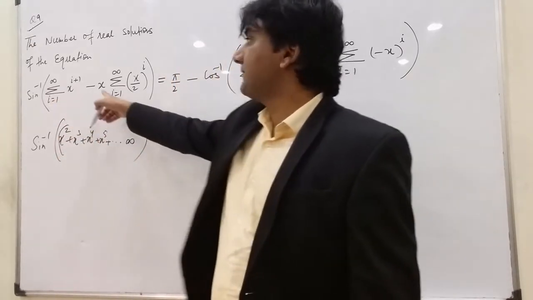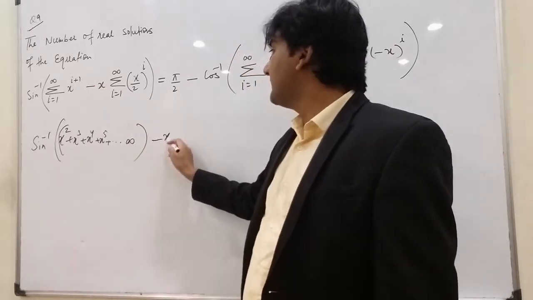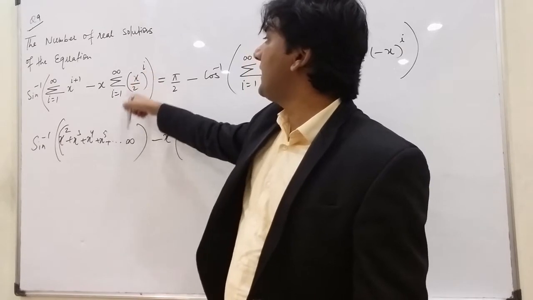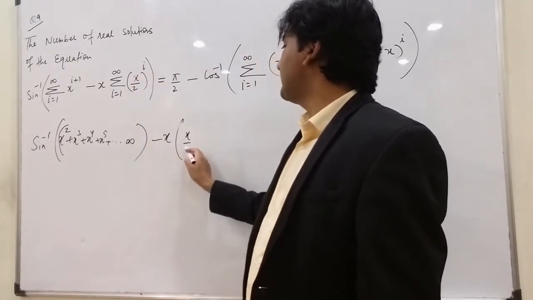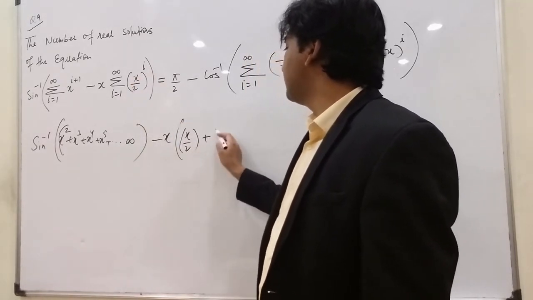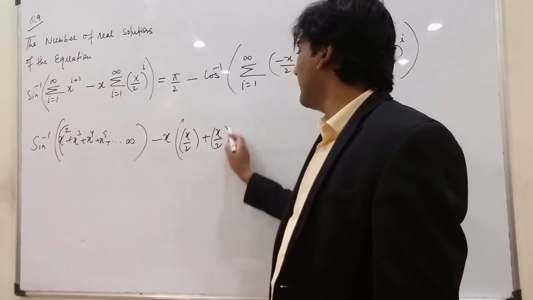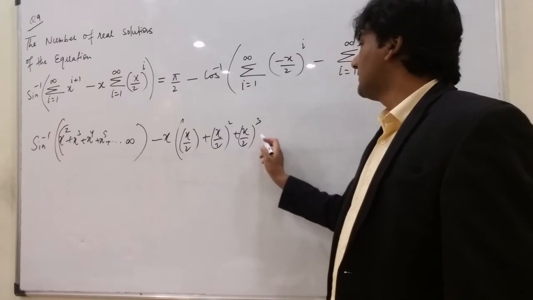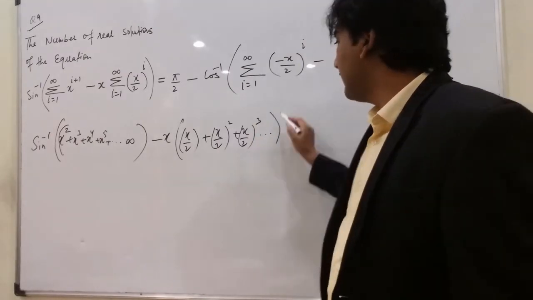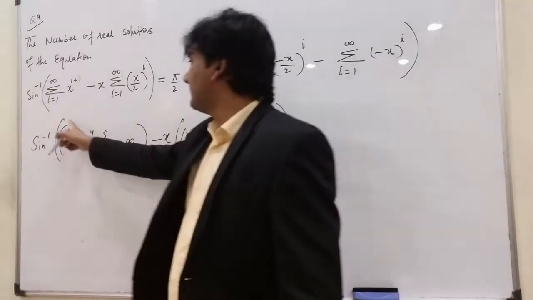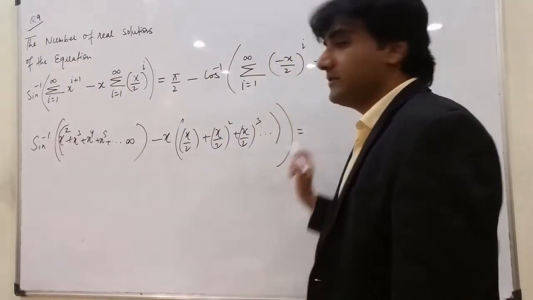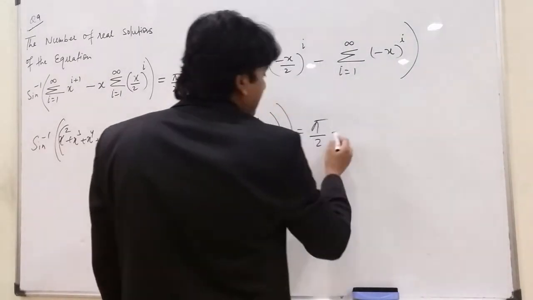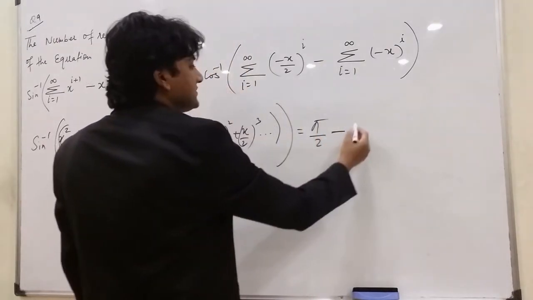Then minus. We have this x, I will write here. Then again I have to expand this, x over 2 raised to I, where I is 1. So this is x over 2. Then this is x over 2 whole square, then this is x over 2 whole cube, dot. Okay, and then the final bracket for this one, sine inverse. Now sine inverse is completed, equal to pi by 2 here, minus this cos inverse,